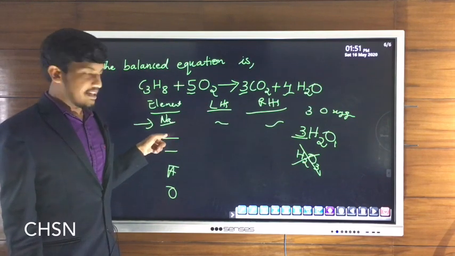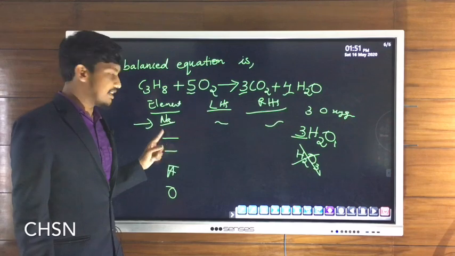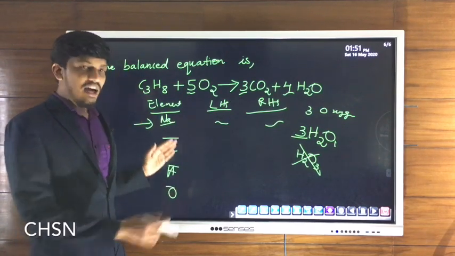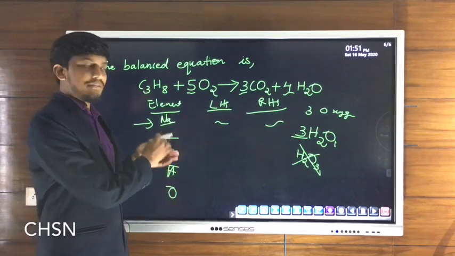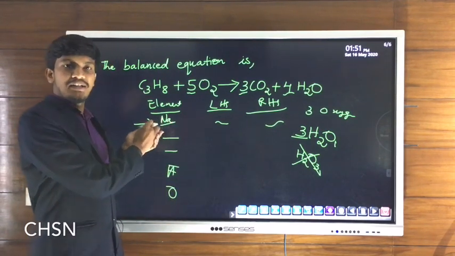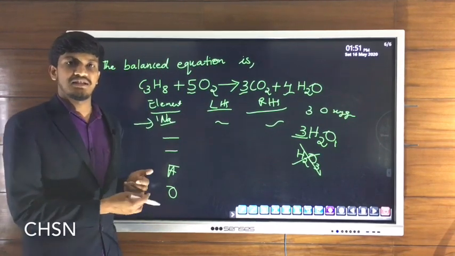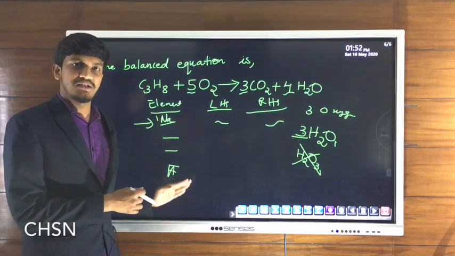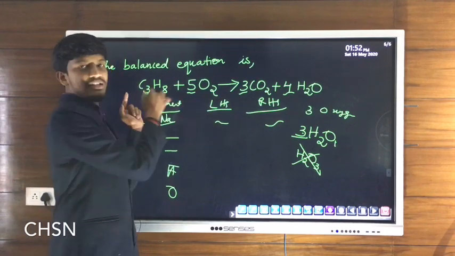Then in the next second step, we will consider the number of atoms of the second element. Then the third element, like this we will count and balance it. After balancing all the atoms, in the final step, we have to count the number of atoms once again from the beginning, because maybe there are changes. So we have to make sure that every atom is still balanced. For that, after balancing the equation, make sure that every atom is still balanced.